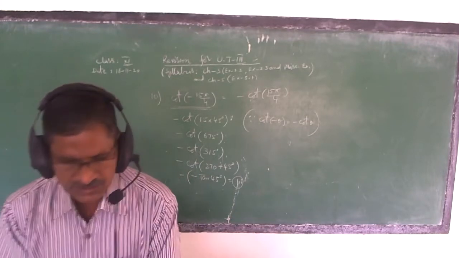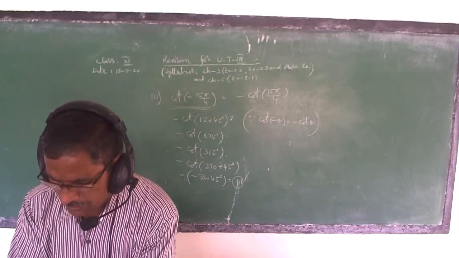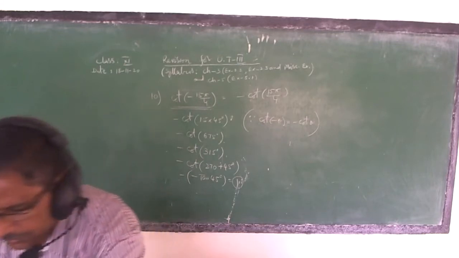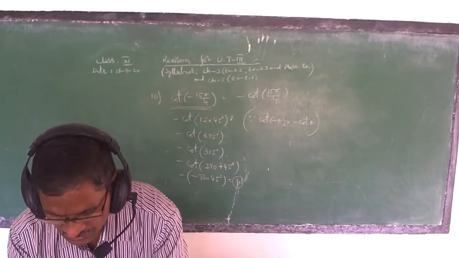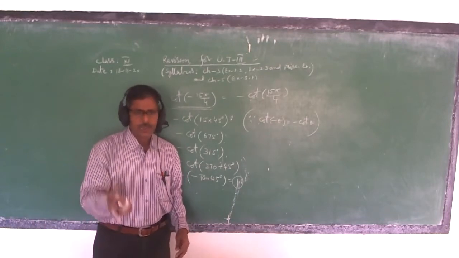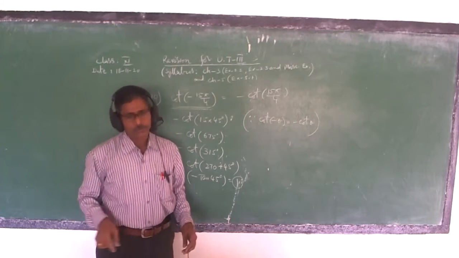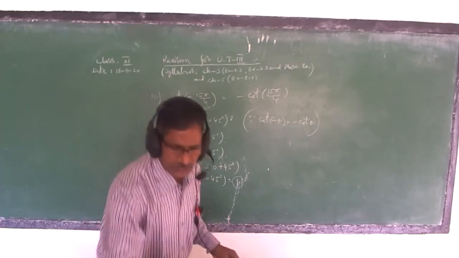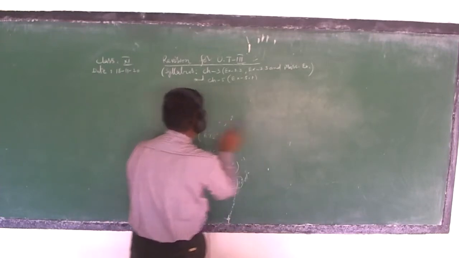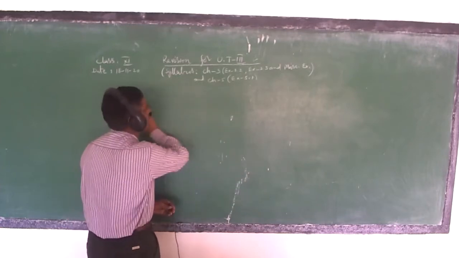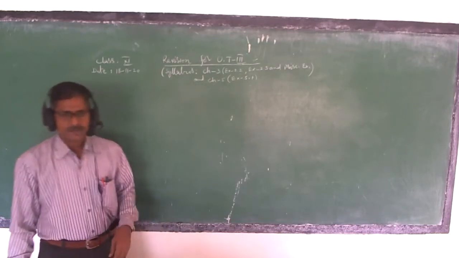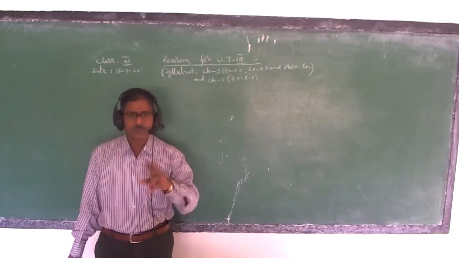After exercise 3.2, for exercise 3.3, you have to know all the formulae. All the formulae in the sense of ratios, all the ratios of sum angles, difference angles, multiple angles, and submultiple angles. Suppose, for example, x and y are any two angles. Then the sin x plus y formula is known to you, the cos x plus y formula is known to you. Similarly, sin x minus y is known to you, cos x minus y is known to you. These are the formulae for the sum and difference of two angles.